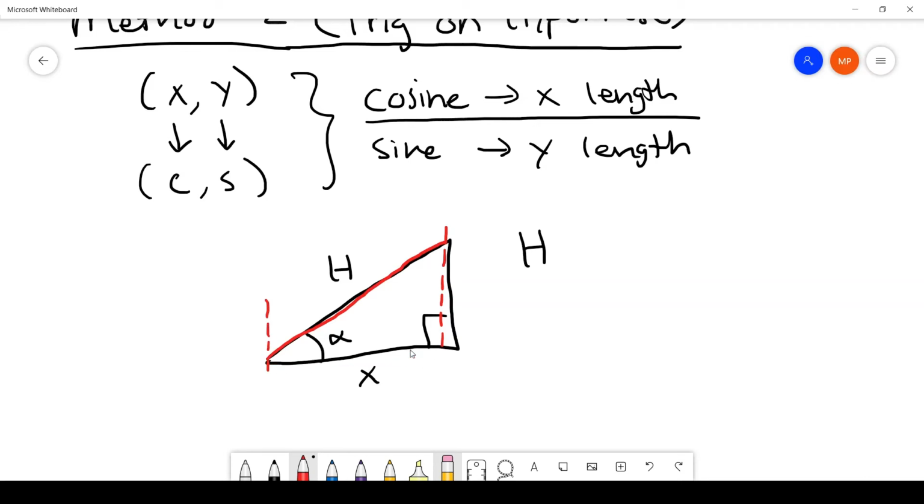So I have this length of h, and I just want to get the x length of that. So it's h times